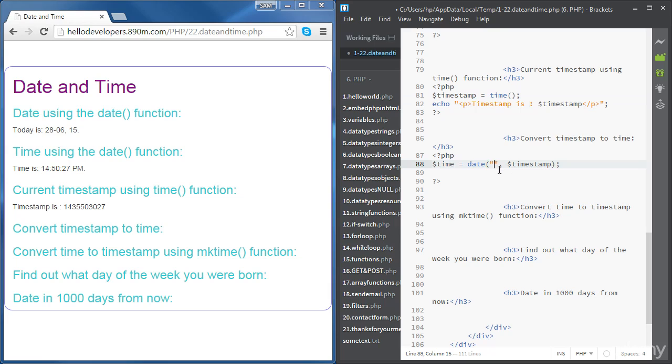Okay, so let's choose our format. I'm going to go for capital F, space, small d, and then capital Y, and then for the time let's have small h, small i, small s, and then capital A, for ante or post meridian. Okay, so now if I save and refresh,